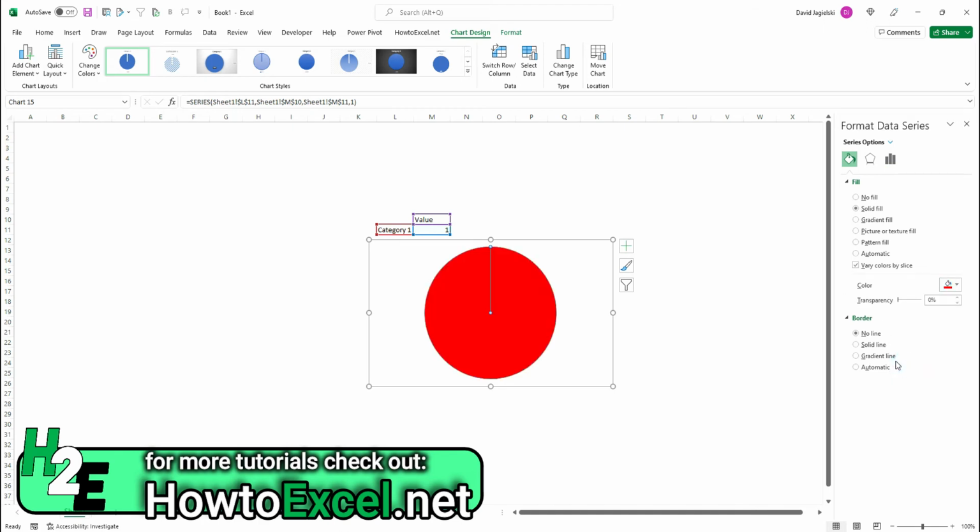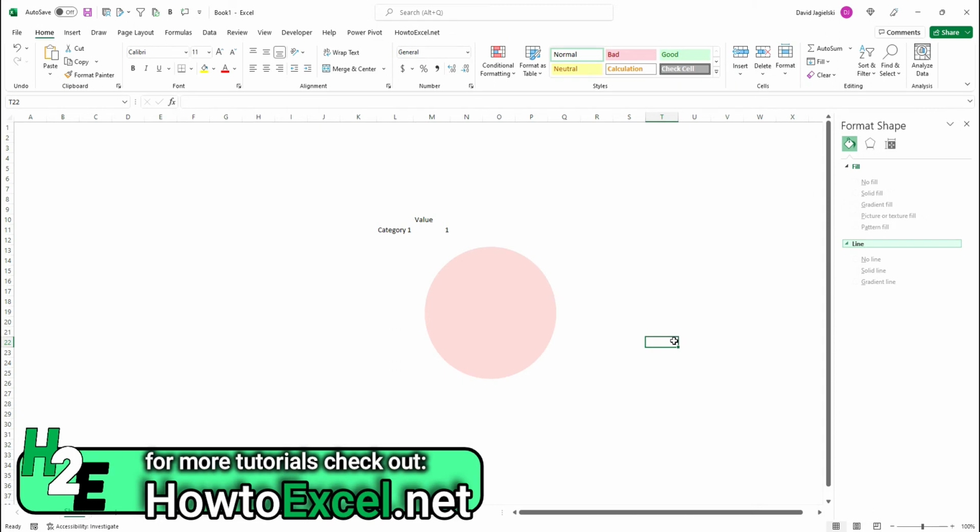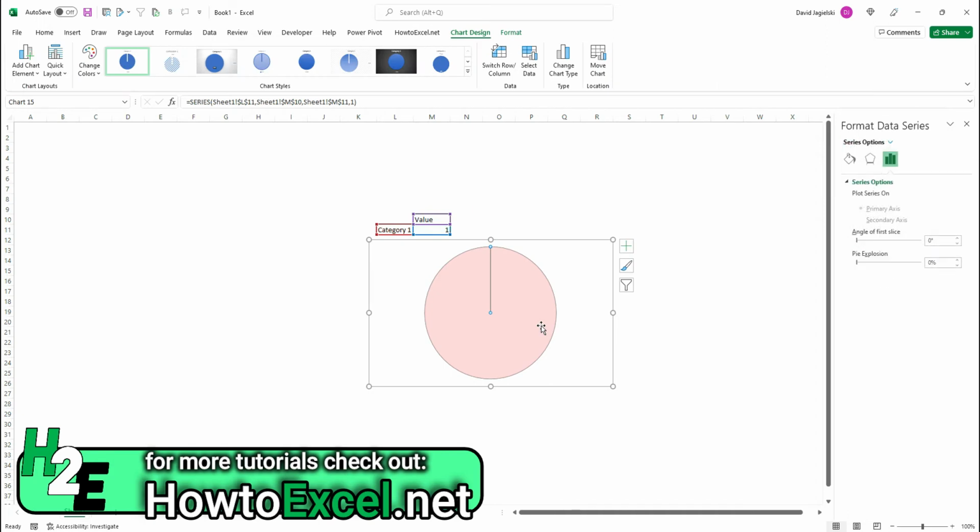and I'm going to change this to a bright red color. And what I'm going to do is set the transparency to 80%. By default, it's set to 0, but you can see by setting it to 80, I've now made it a much lighter red. And what I'm also going to do is select the chart area and set the size to